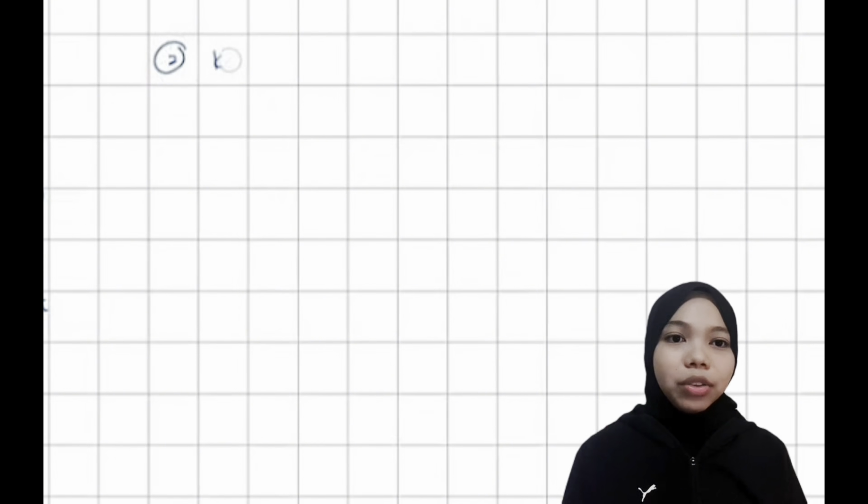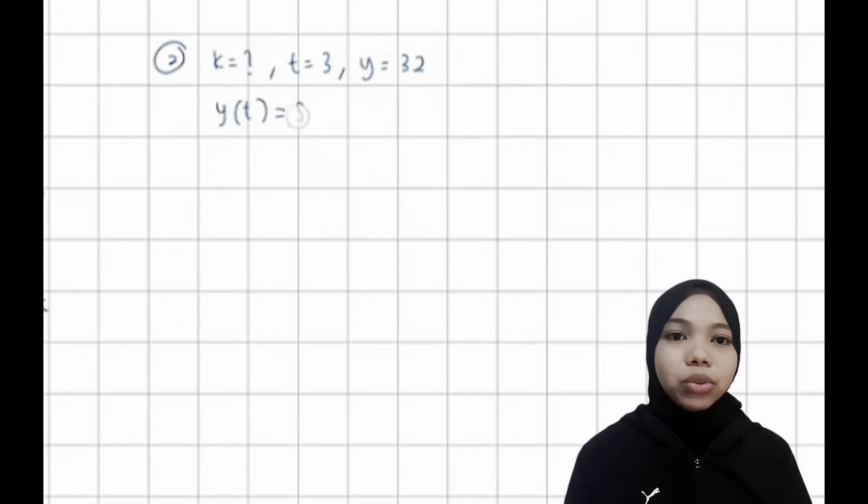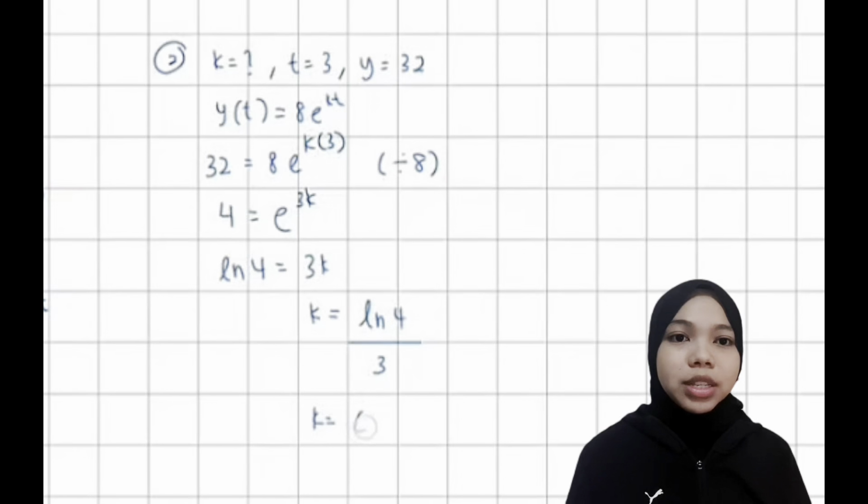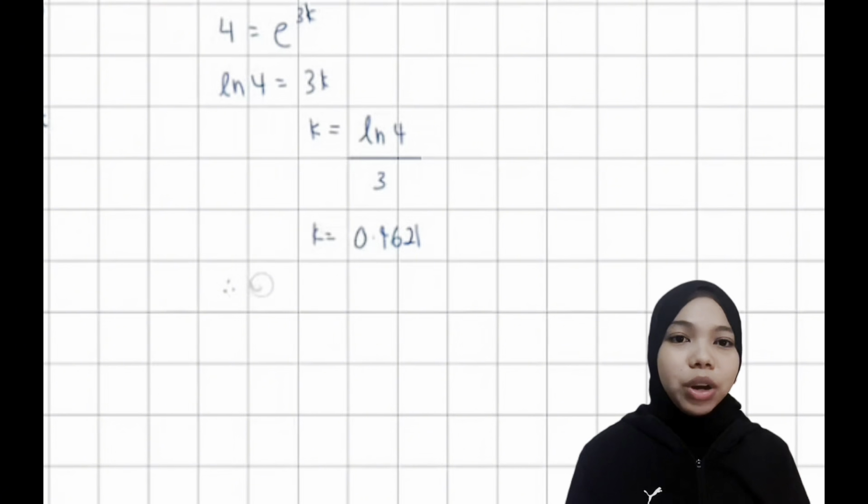Next, we are given that after 3 hours, the amount of yeast is 32 grams. Substituting t = 3 and y = 32 into the equation gives 32 = 8e^(3k). Dividing both sides by 8, we get 4 = e^(3k). Taking the natural logarithm, ln 4 = 3k. So, we get k = 0.4621. Thus, the final growth model is y = 8e^